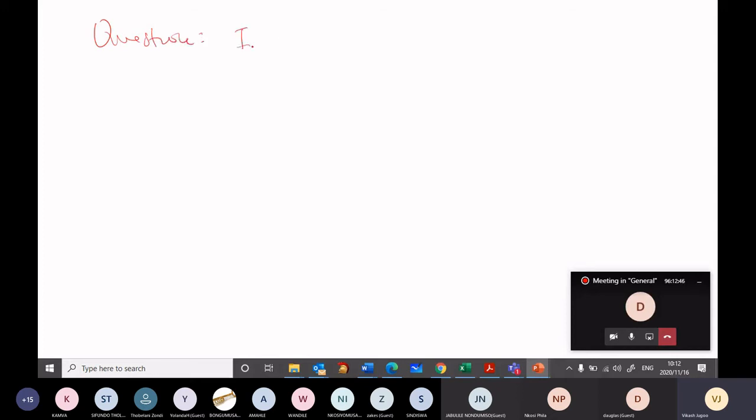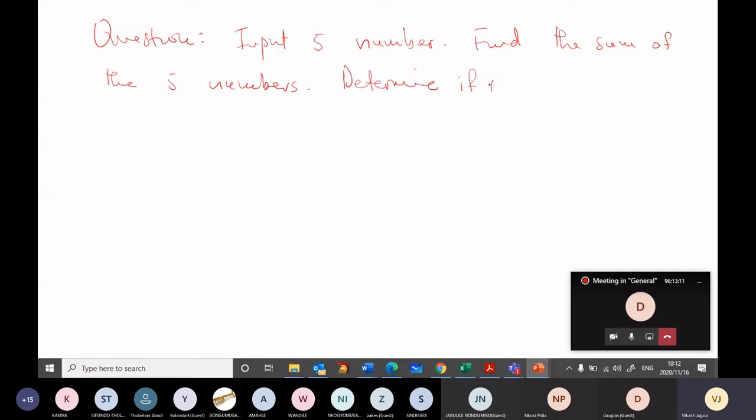Question: input 5 numbers, find the sum of the 5 numbers. Determine if the sum is above 50 or not. So here we've got a question